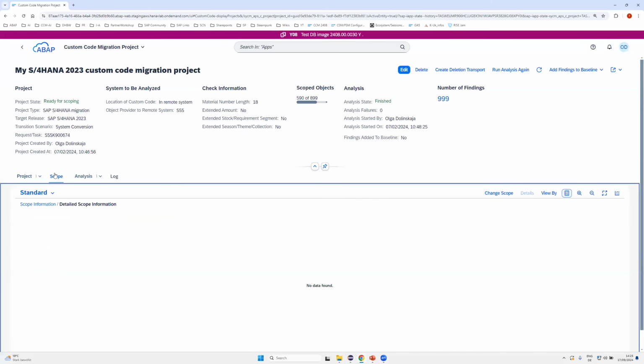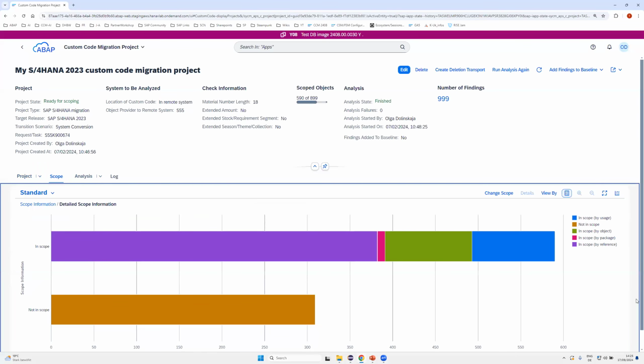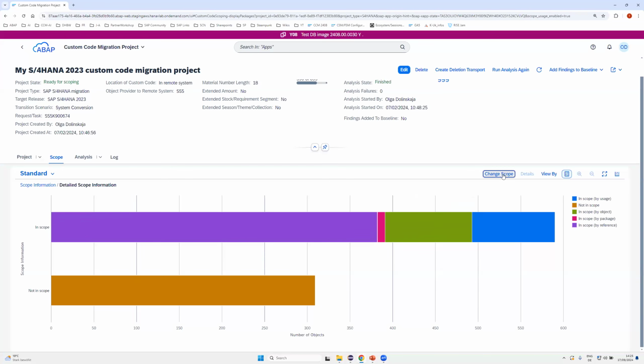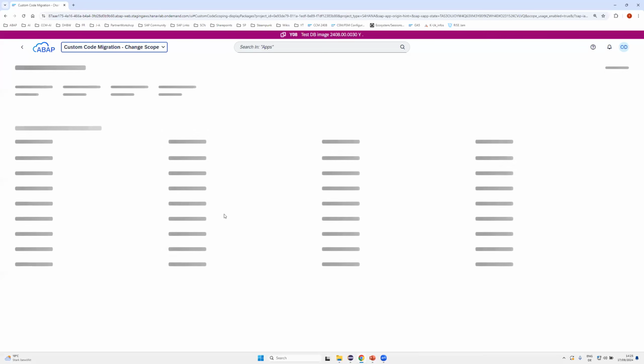So you can just go to the scope, and here you see the graphical representation of the scope based on which objects are in scope by usage data, which objects are in scope because they are statically referenced by the objects which are in scope, and so on. And here you can just press the change scope button and you will see all the packages of the system